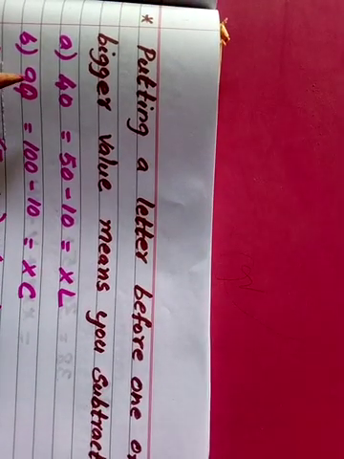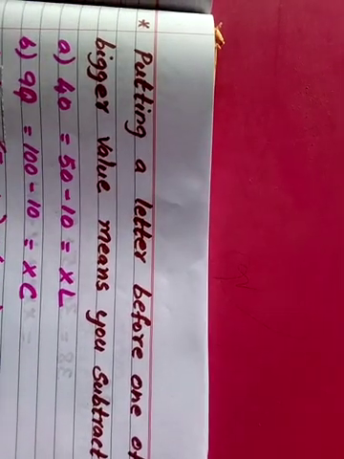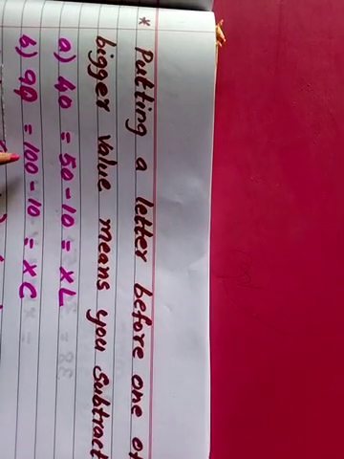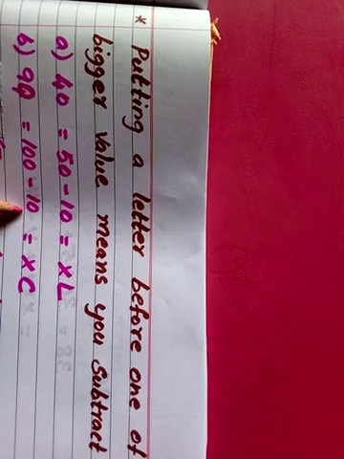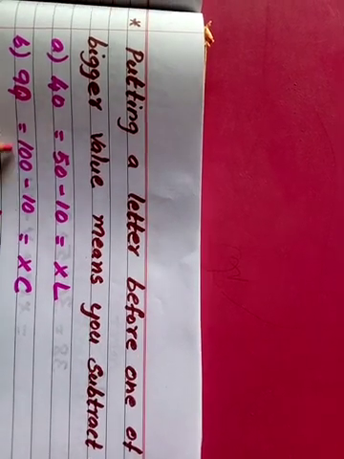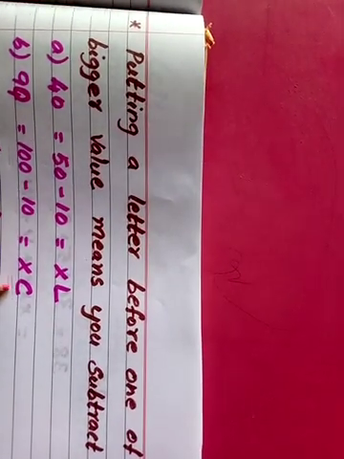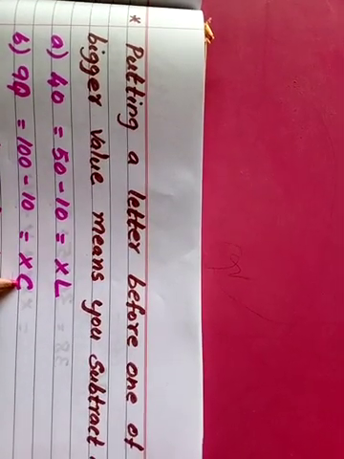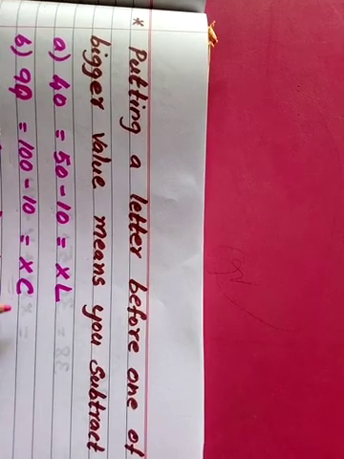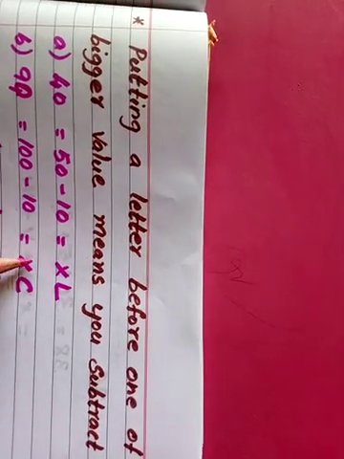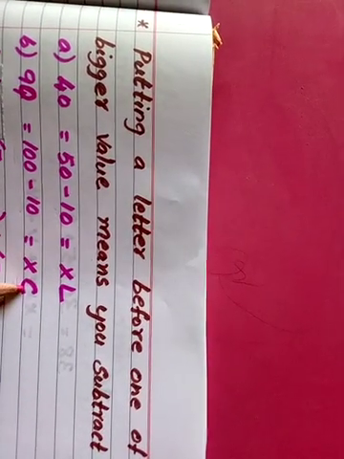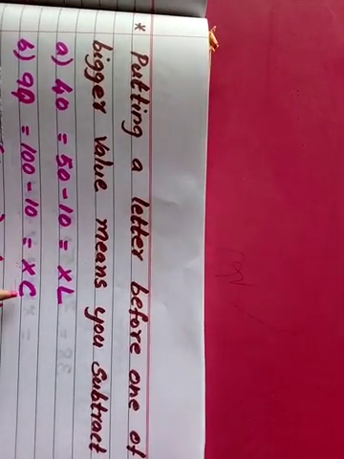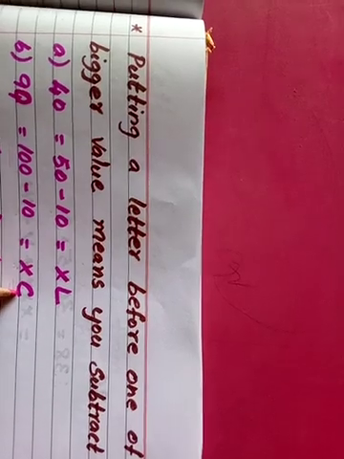One more example, 90. 90 also I said we cannot repeat and write. So here I am writing 90 as 100 minus 10. So for 100 we write it as C. C is the Roman numeral for 100. So from 100 I need to subtract 10. 10 is X. So I have to write X just before it. That means from 100 I am subtracting 10. XC. So this XC is 90.